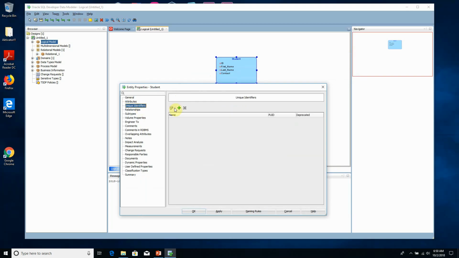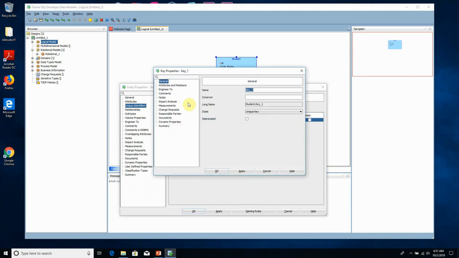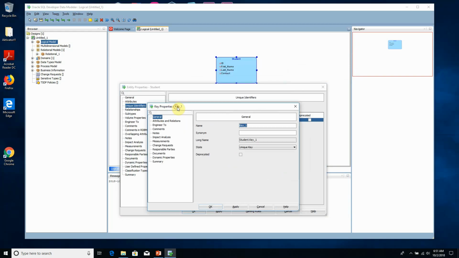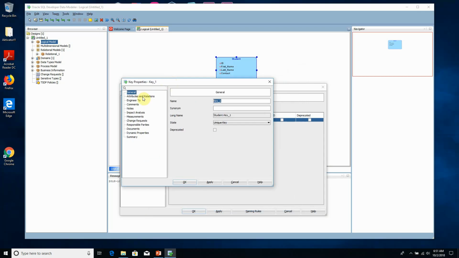We go to unique identifiers, we go to add, after that we go to properties, and here is a little bit of a catchy thing because Oracle SQL Developer is buggy. So first we have to go here to choose attributes and relationships and